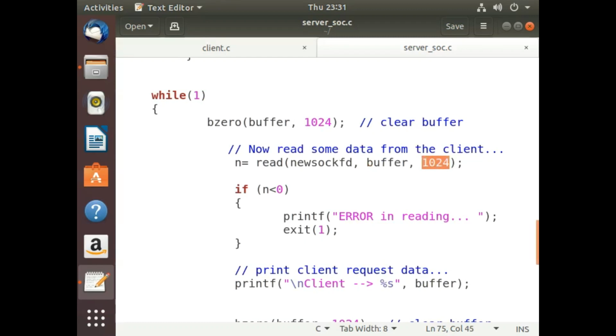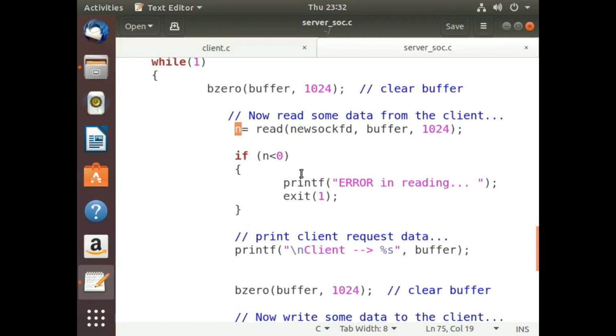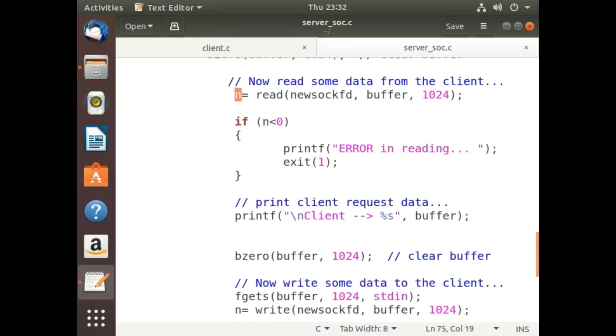Now, if the read runs properly, if we are able to read the information properly, a positive value or -1 will be returned by the read function, which we are storing in a variable n. Again, we are performing the verification activity whether the reading is performed properly or not.